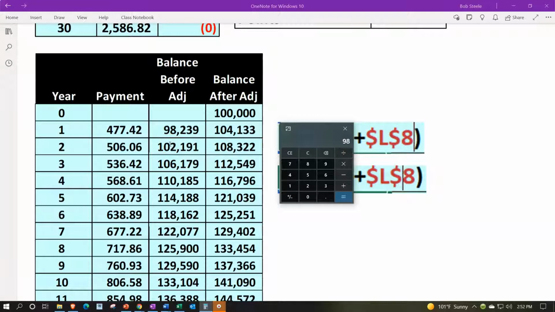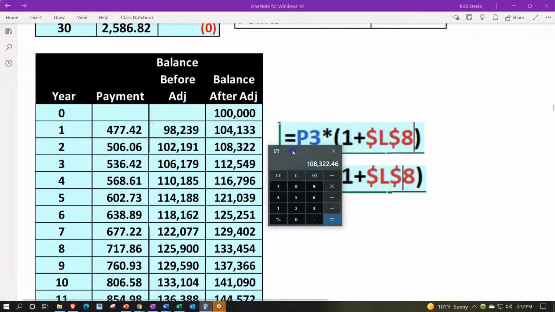So the 98,239 times 1.06 would be 104,133. And then using that 104,133, we can calculate the payment using our payment calculation. And then we can see what our ending balance will be based on that information. Once we have the ending balance, we can then adjust it for the inflation. So then we're going to take our 102,191. It's going to go up by 1.06, getting us to that